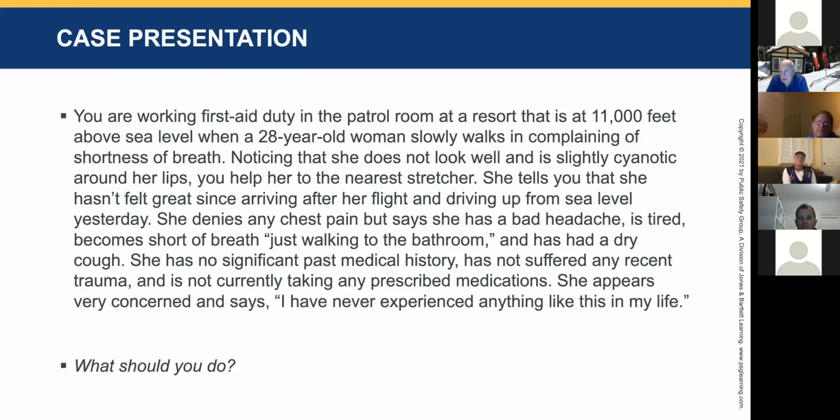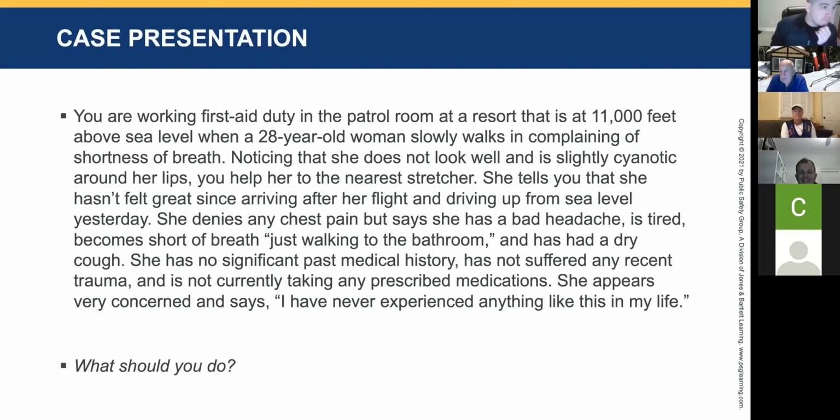Sam, have you got... Are you with us, Sam? I am. I'd like everyone's ideas. What would you suggest? Check your ABCs, do your primary assessment, get a full set of vital signs, send her down by ambulance. You would send her down by ambulance, even though her ABCs are stabilizing once you put her on oxygen?